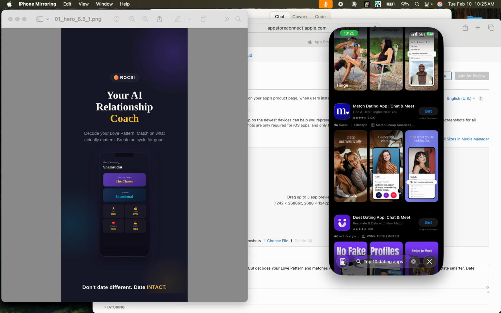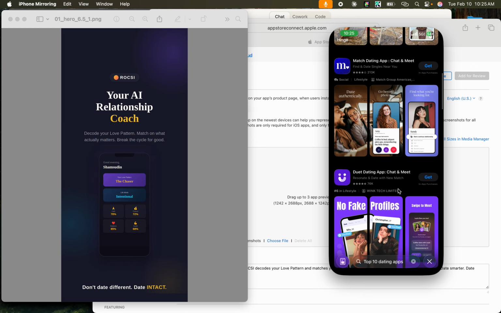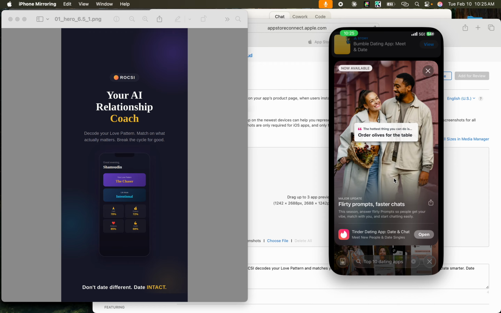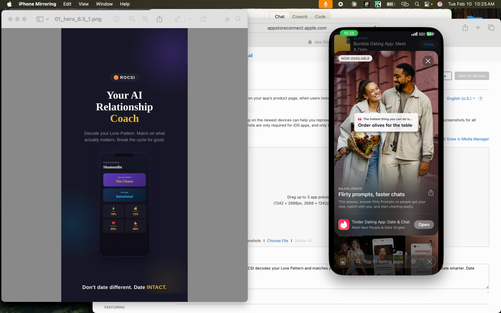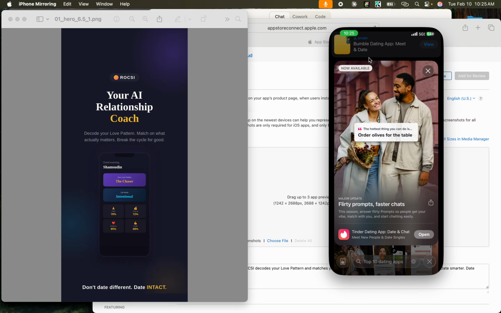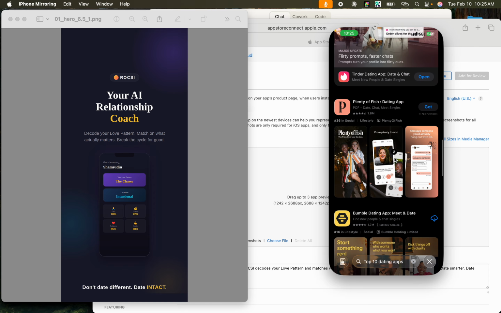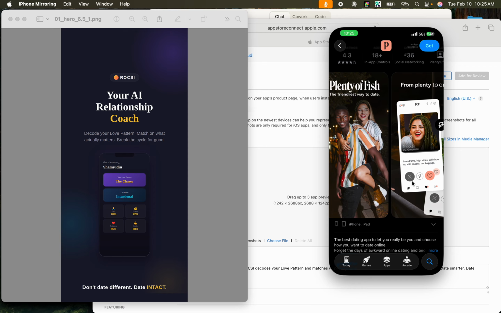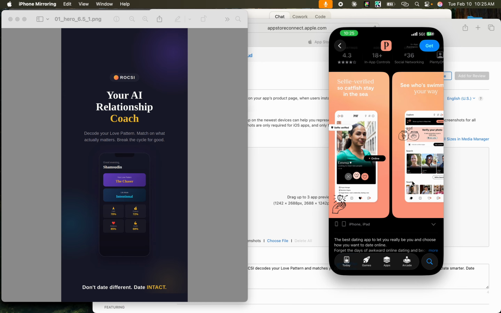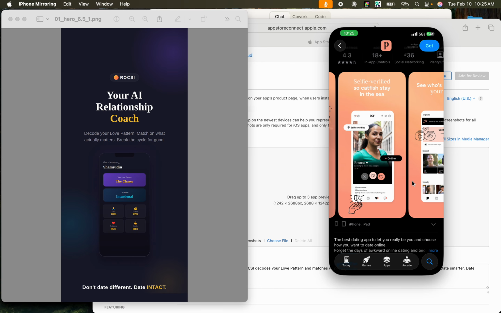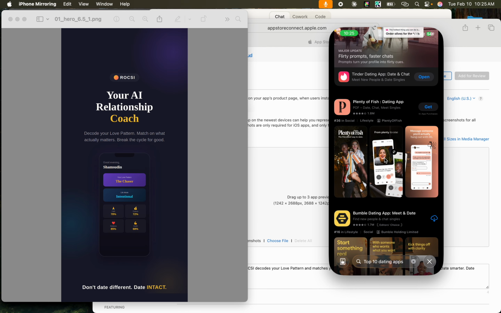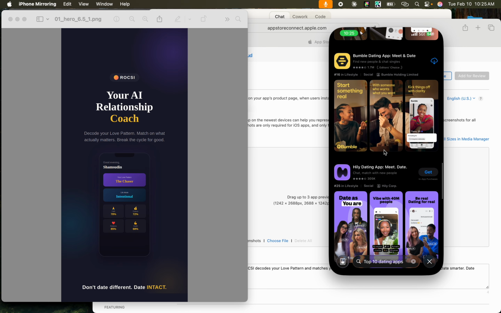See, all of that is really good and speaking to the dating market a lot better than what AI actually created. Like I said, AI is great, but you also have to know how to prompt with AI. You don't want to just rely completely on AI. You want to know how to speak to it so it can actually do what you want it to do. Let's look at Plenty of Fish. I like that. And there are little subtle things that they do on all of these dating apps and relationship things that, if you notice them, you can copy those as well.